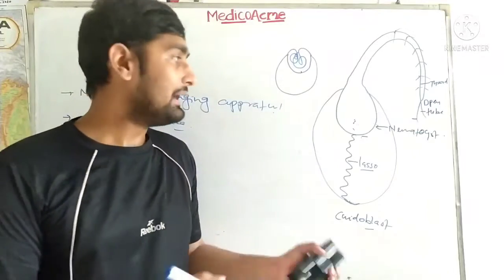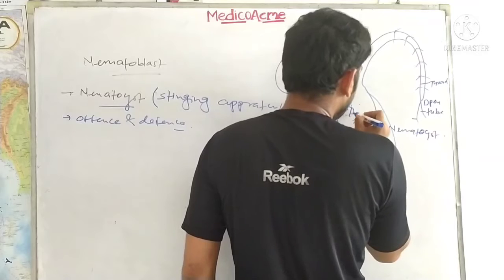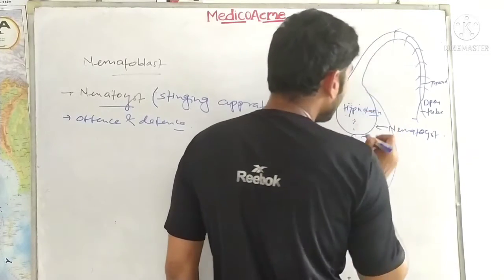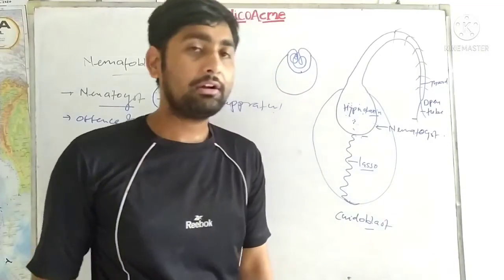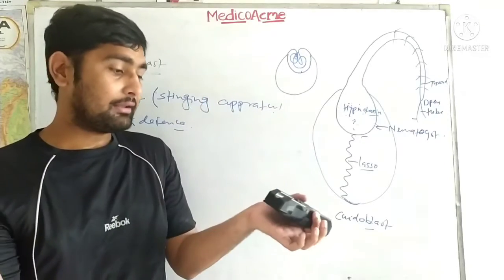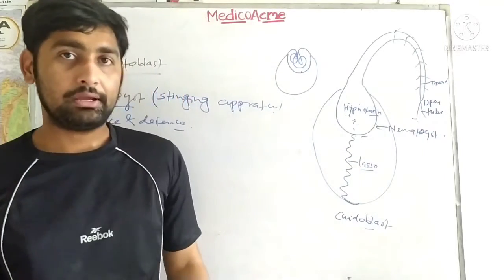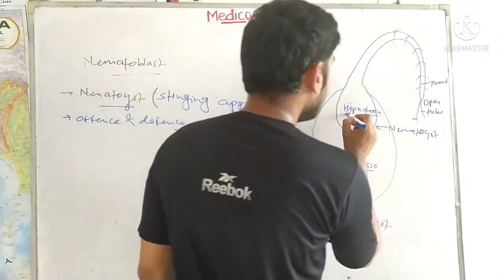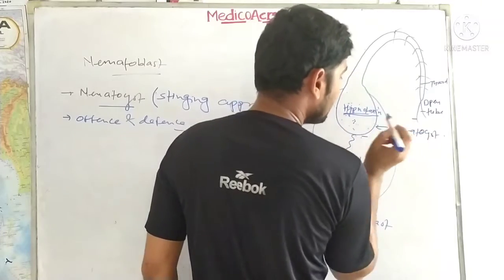Why? Because this sac-like structure contains the hypnotoxin. Hypnotoxin is very poisonous. Suppose you are in the sea and some cnidarians encounter you and they throw or inject the hypnotoxin into you, then definitely you are going to die. So this is very dangerous. So hypnotoxin is very important for defense. It is present in the sac-like structure in the nematocyst.